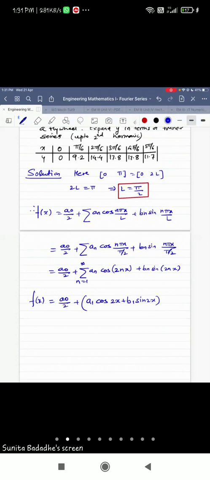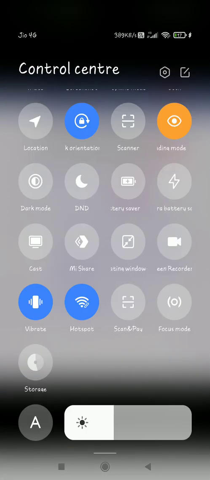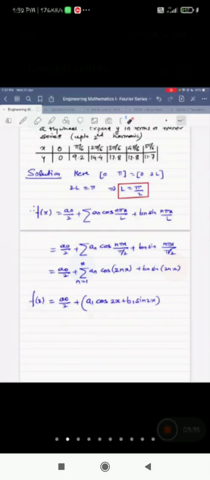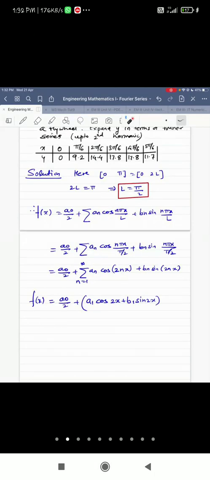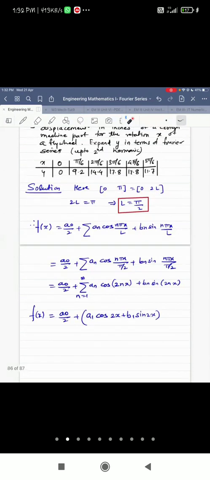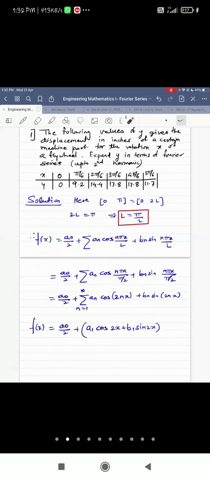Here the complete interval is 0 to pi. I told you that it is given for one period. So it is understood that there is a last value pi and the corresponding y value is same there. Okay, so that is understood. And we are going to consider the first value for our calculation. Okay, so we are comparing 0 to 12 with 0 to pi, as it is asked to find the complete Fourier series. If the question is find the half range series, we equate to 0 to L. But if it is for complete series, we compare with 0 to 2L.